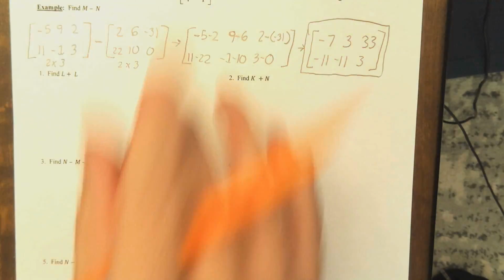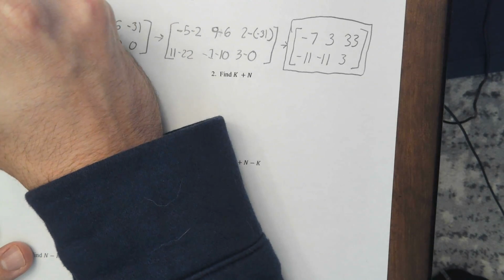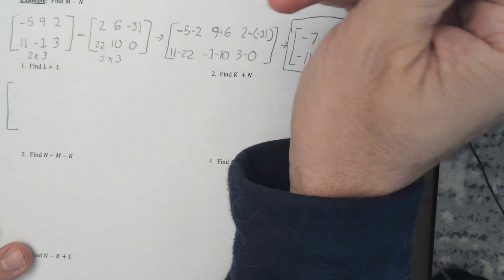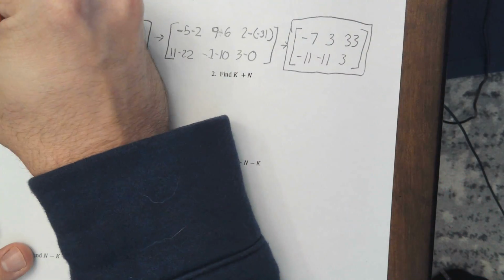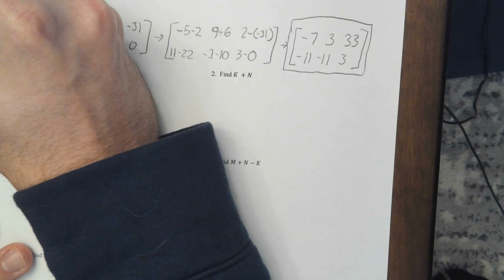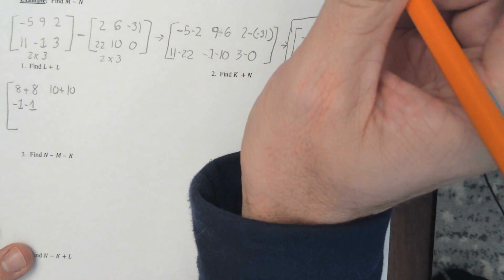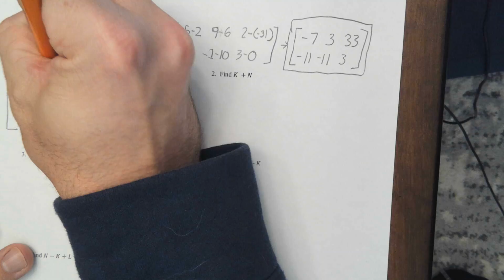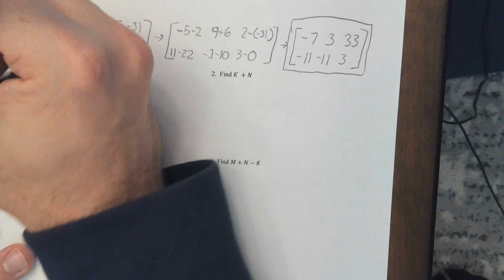All right, let's move on to the rest of these now. So we're going to do 1 through 5, so you kind of have an understanding. Now I'm going to go a little bit quicker here, okay? So we're doing L and L. All right? So L and L would look like this. It would be same spots, right? Corresponding spots. So you're going to have 8 plus 8, 10 plus 10, negative 1 minus negative 1, negative 9 minus 9, 4 plus 4,